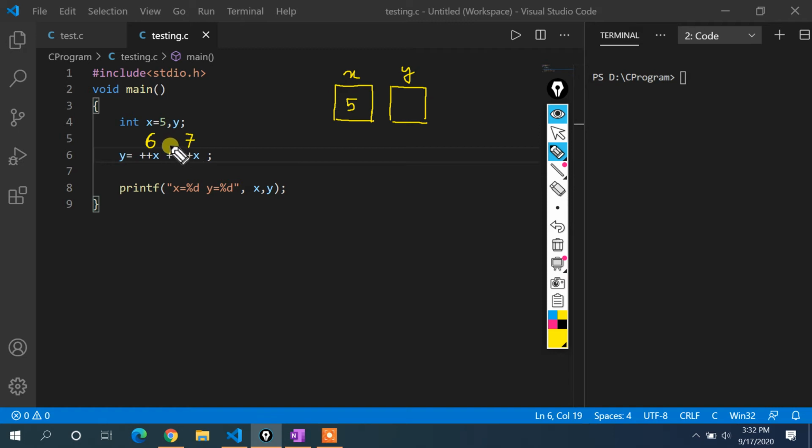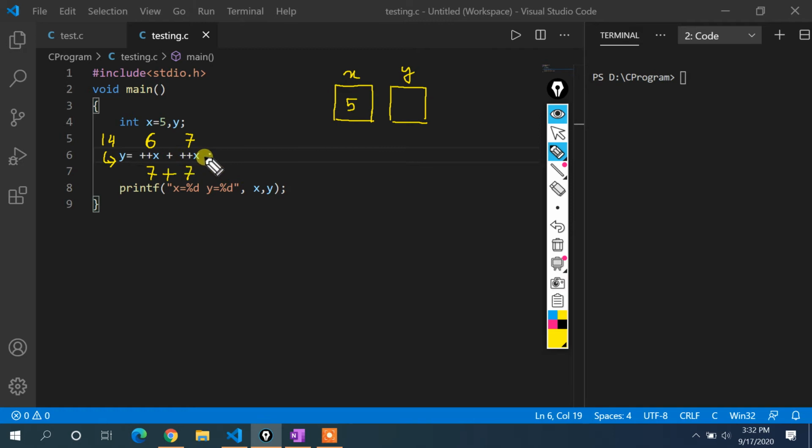So it will increment the value to 7, then it starts assigning the value to x. This will be assigned as 7, and this is also converted into 7. Whenever these values get assigned, the operation is performed. So 7 plus 7 will be 14, and 14 will be assigned to y.